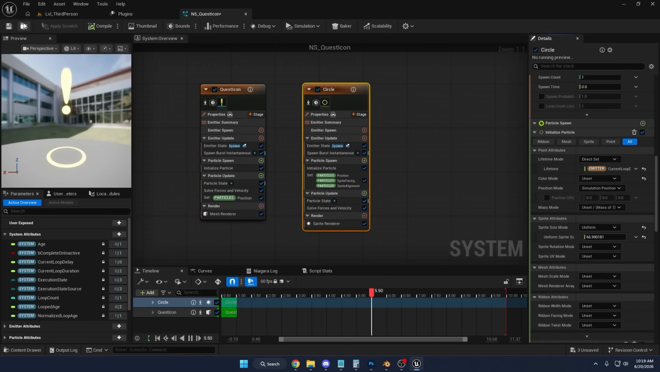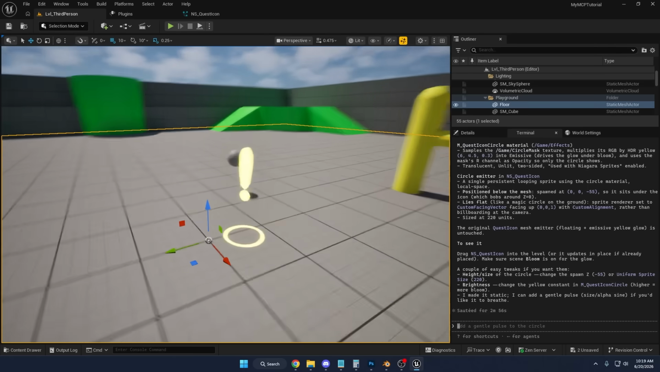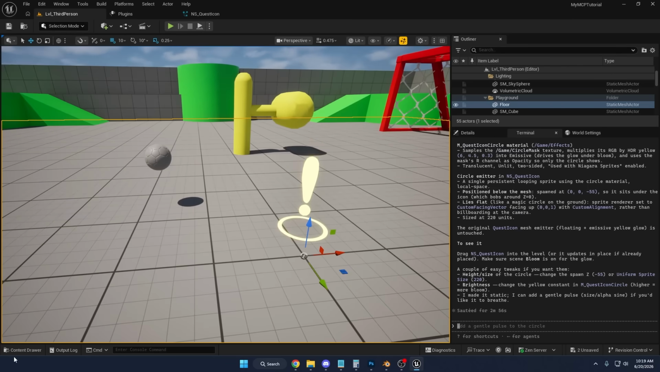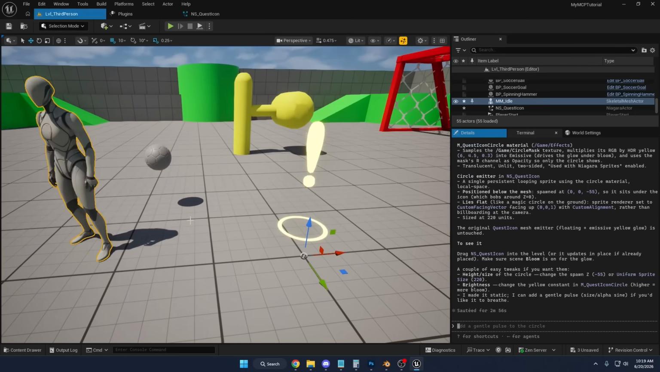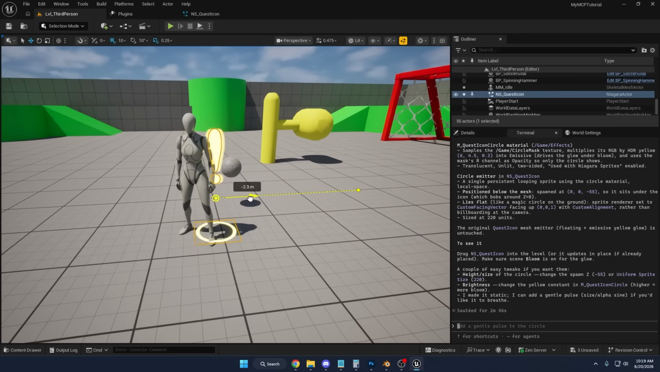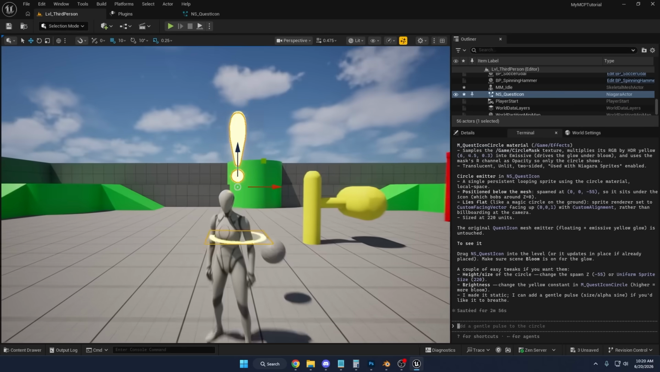But yeah, that seems to work. Maybe something like that. Could be like a little quest effect. You can put this above like an NPC's head. So for example, let's just grab in the character here, and we'll just drag this effect above the character's head,